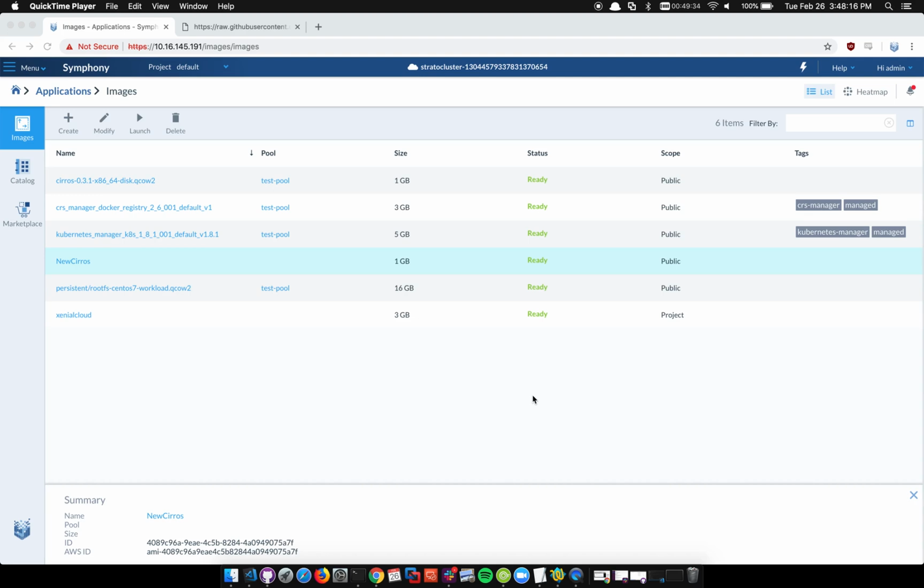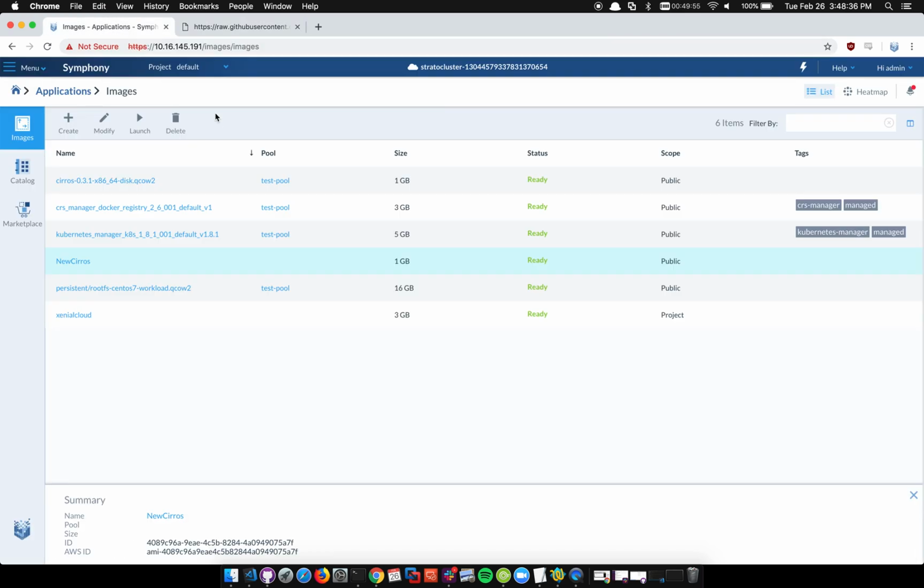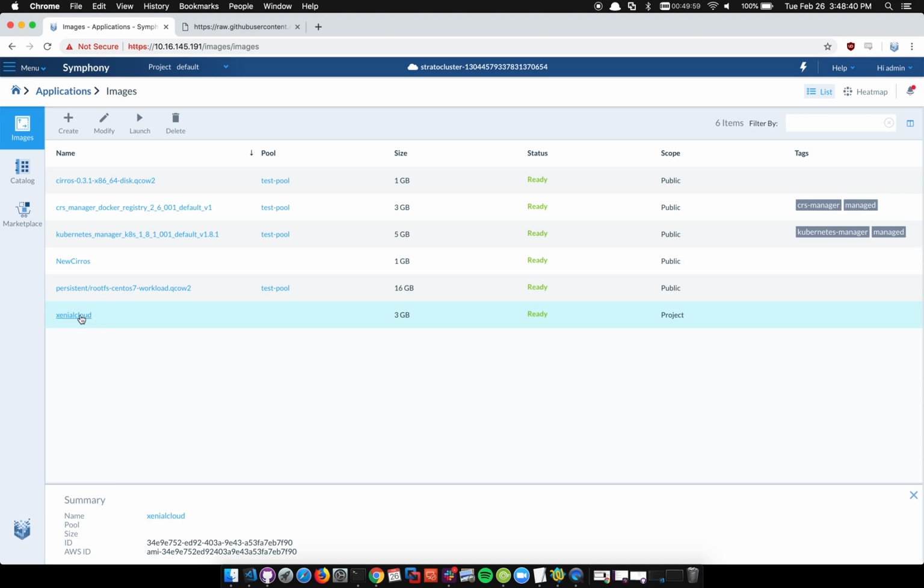On how to use the image export script to back up any images on your 427 cluster. So this script can be found on the Aries-Strato scripts repository, and it can always just be grabbed from this link. So here I have a demo lab, and we're going to demonstrate it on these two images, Xenial Cloud